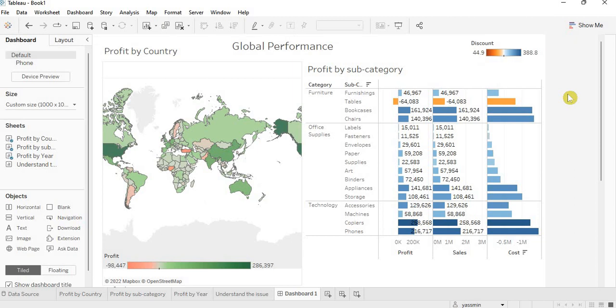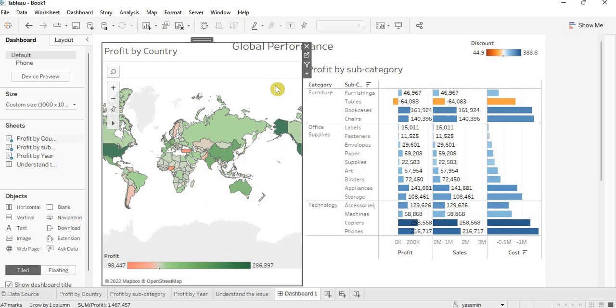If you are happy with this, what you can do now is share your dashboard with other people so they can comment or see what you are doing, or you can share it with your manager so he can understand what you have here. But before this, there is one important point. Here we have an option called filter. So for example, if you select this worksheet as a filter,